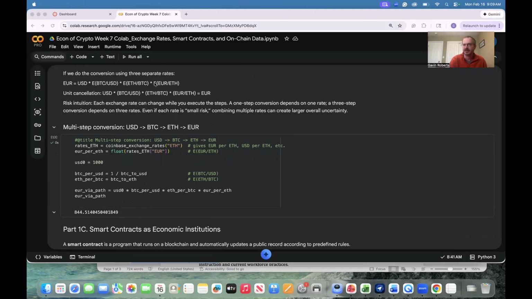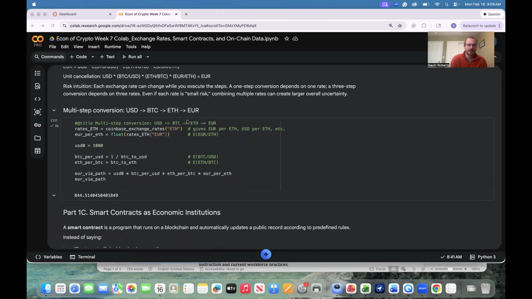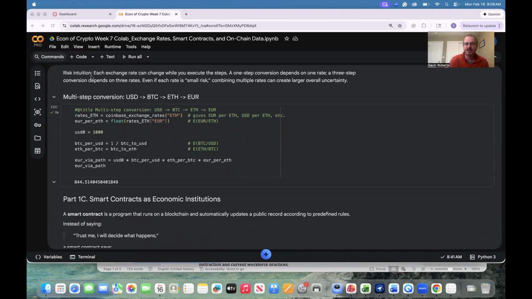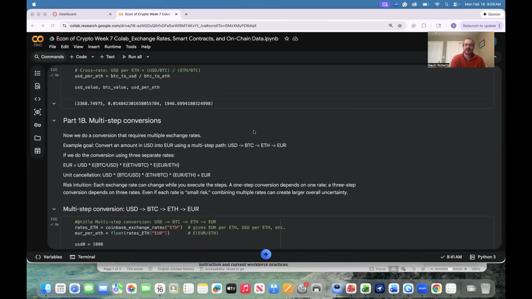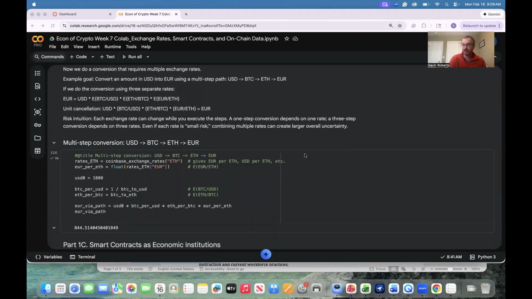We could imagine drawing these as the fractions that we have above, and then we could very simply see all the things that we want are canceling. What remains? Euros. So it's good to think about, okay, once we have this, now we have a lot of different types of risk that we need to think about, because we need to think about the risk of those exchange rates probably being correlated, but possibly changing independently to some degree as well. So anytime we're converting across many different currencies or assets, we also are introducing more risk to transactions.